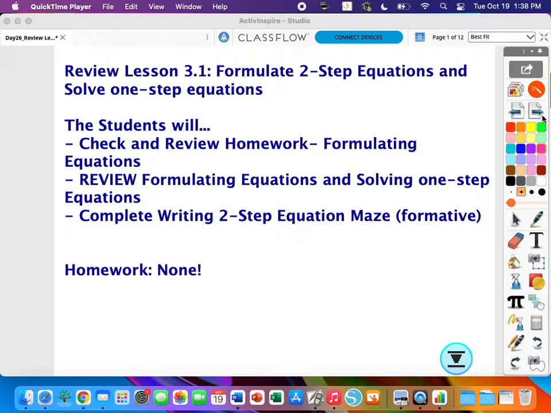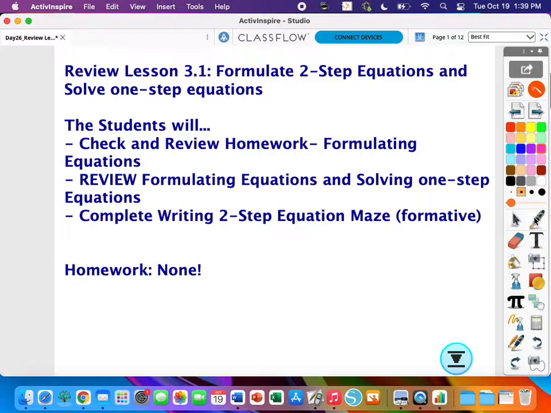Last class we talked about formulating equations and solving one-step equations. So today we're just going to do a review. Make sure you take notes on your note sheet. Go through and make sure you understand how to set up the equations and solve them. Setting up the equations is one of the most important things about this unit. So make sure you can write the equation from the word problem, and then the second part is to solve